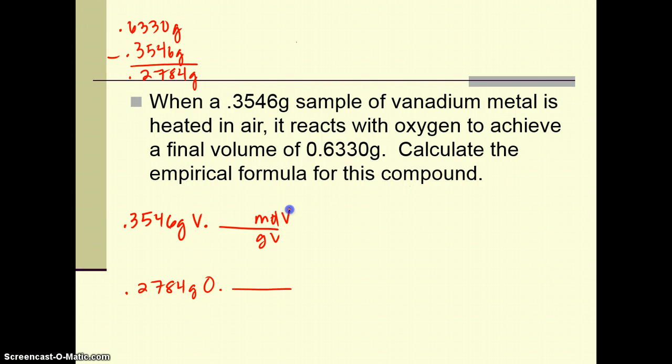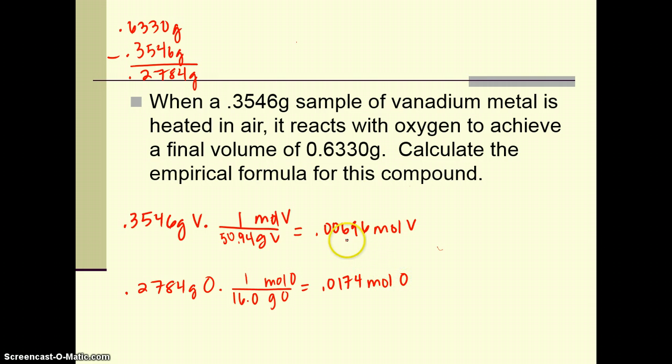So we have grams of vanadium, we have moles of vanadium, we have 1 mole of vanadium, and that weighs 50.94. And when I convert that to moles, I end up with 0.00696 moles of vanadium. Oxygen, again, I'm going to put grams of oxygen on the bottom, moles of oxygen on top, 1 mole of oxygen, 16 grams of oxygen and get 0.0174 moles of oxygen. I'm going to divide through by my smallest number,